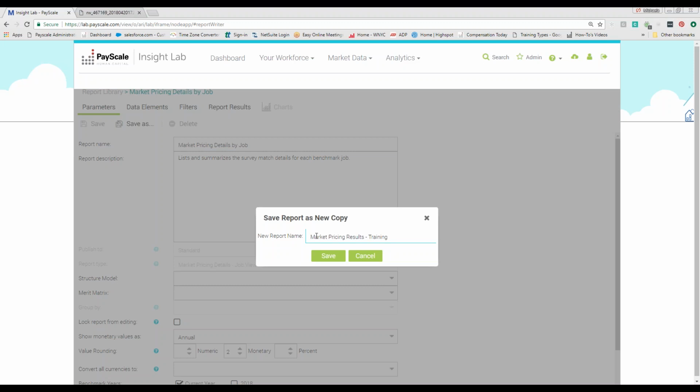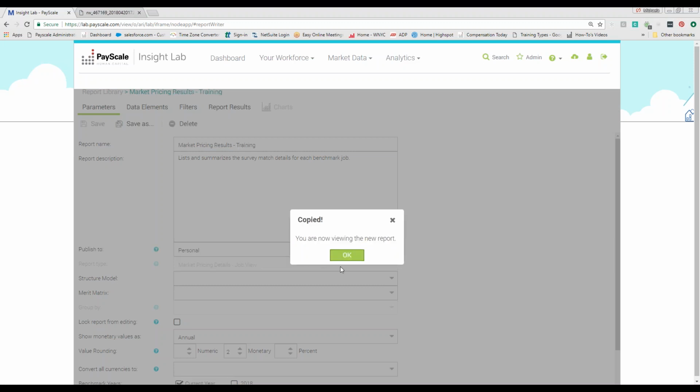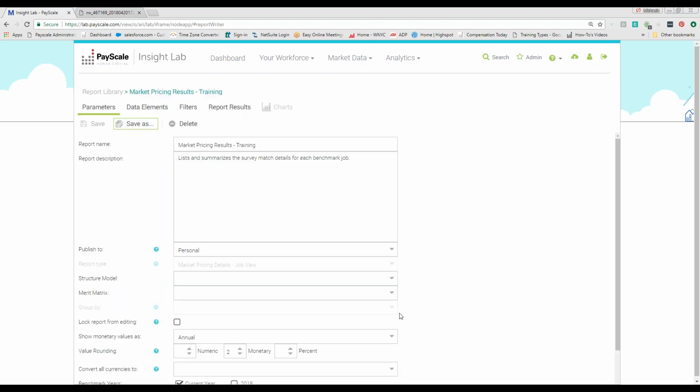And we can save multiples? Correct. And I'm going to show you exactly where and how you can do that. It's going to confirm, yes, we've saved it. It's a new report. And then you'll notice that it